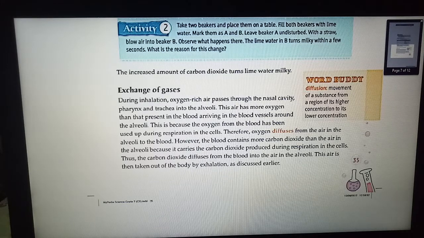You cannot live without oxygen. You can live without food for 8 to 10 hours, but you cannot live without oxygen, because oxygen is necessary. Why is oxygen necessary? Because with the help of oxygen we are breaking down glucose and making energy out of it. And this exchange of gases takes place in the lungs. What is present in the lungs? Alveoli. And those alveoli are supplied with blood capillaries, and this blood carries oxygen from the lungs to the cells, and from the cells to the lungs it carries CO2 also.